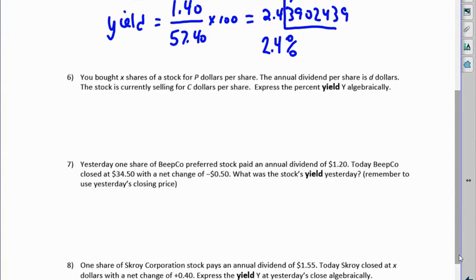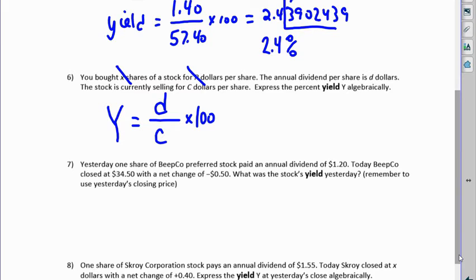You bought X shares of a stock for P dollars per share. The annual dividend per share is D dollars. The stock is currently selling for C dollars per share. Express the percent yield algebraically. Y equals a year of dividends, D, over the current price, not the number of shares, not the previous price, the current price. And then I know I'm putting a little time, an X for the times, but